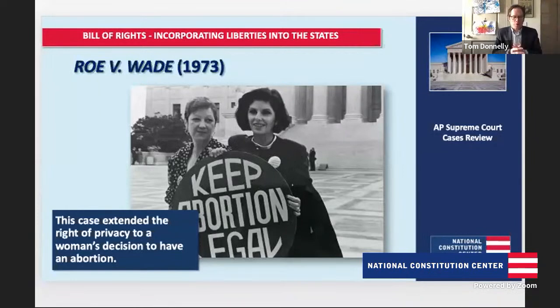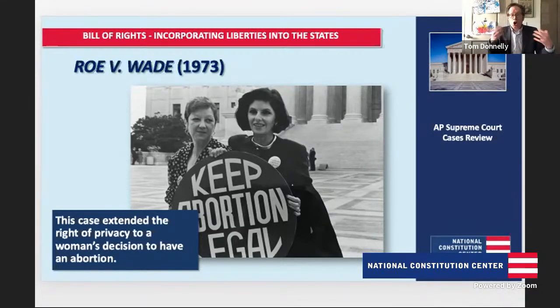And so Roe v. Wade involved a Texas woman, Jane Roe, who sought an abortion, but there was a Texas law that banned abortions, except in contexts where a woman's life was in danger. And so here, the Supreme Court hears this case. Roe argues that this law is unconstitutional. And in the 7-2 decision authored by Justice Harry Blackmun, the Supreme Court agrees with Jane Roe and strikes down